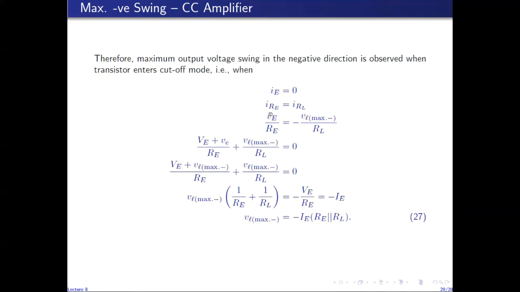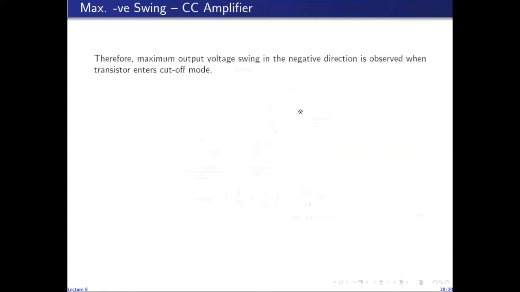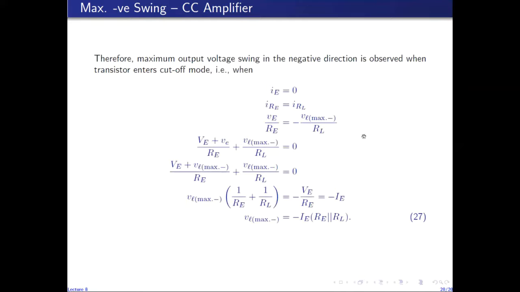So when IE becomes 0, from this equation, the current through RE becomes equal to the current flowing through the load in the upward direction into the emitter terminal. So the current flowing up through RL into the emitter terminal is IRL, and that current equals the current flowing through RE. The current flowing through RE is the voltage across RE, which is the voltage at the emitter, divided by RE. And the current through RL is the voltage at the load divided by RL. But since,